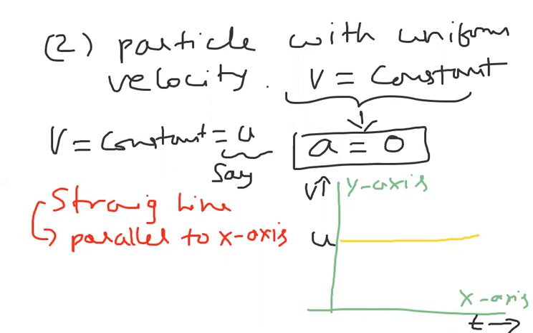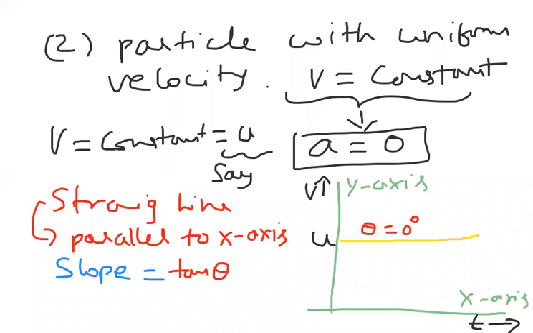And what about the slope? Somebody asked me about slope. Since it is parallel to the x-axis, the slope is determined by the angle between the x-axis and the graph. Already it is on the x-axis. What is the angle between the x-axis and the graph? Zero. Actually, slope is equal to tan theta. Here the theta value is 0.